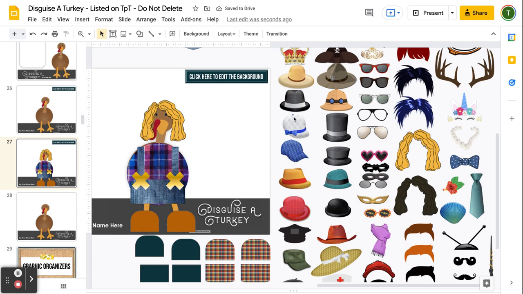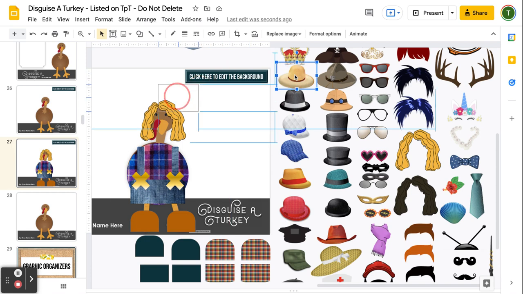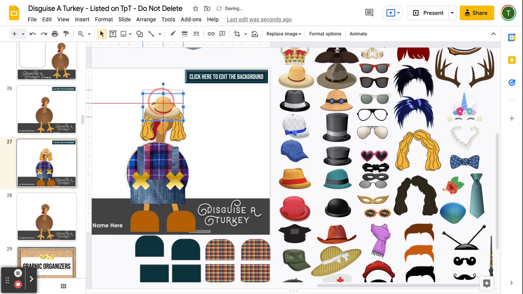And I think a hat would be fun too. I've got a cowboy hat or a straw hat. I'm going to go with the straw hat. So I single click and I drag. Now notice